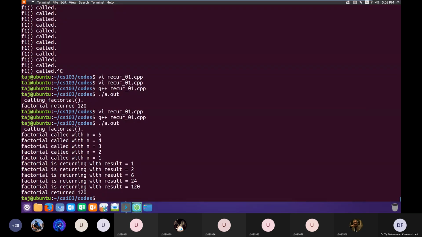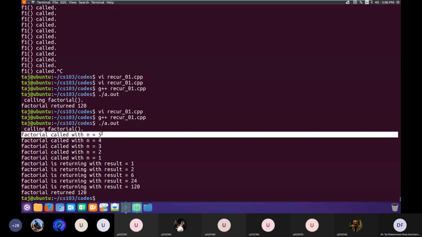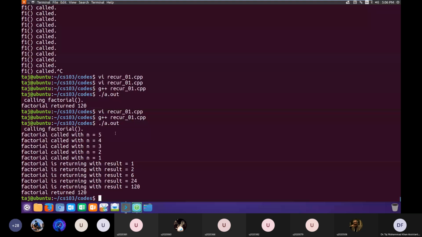You see, main calls factorial and passes 5 to it. So first time factorial is called, it basically gets 5. I think it would be better if I open these two things together.